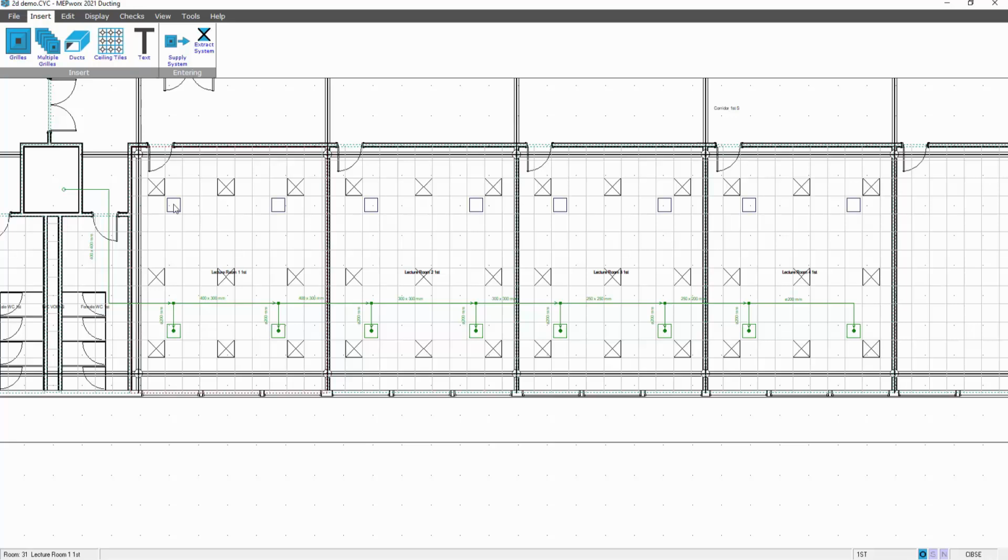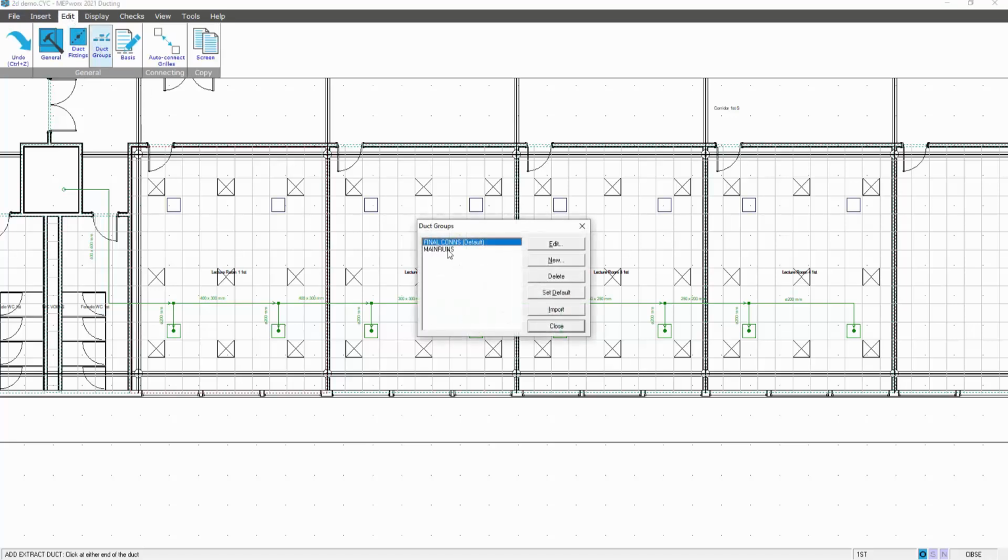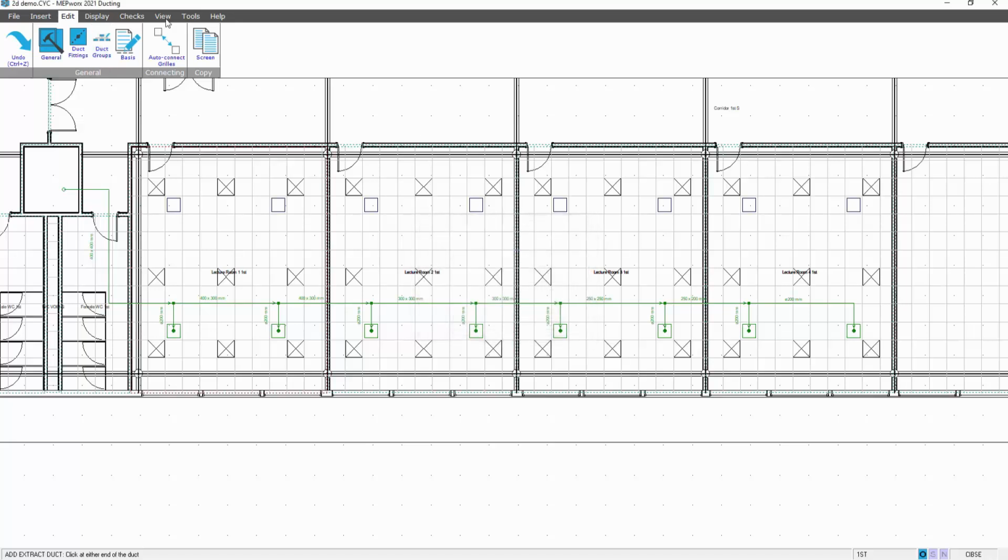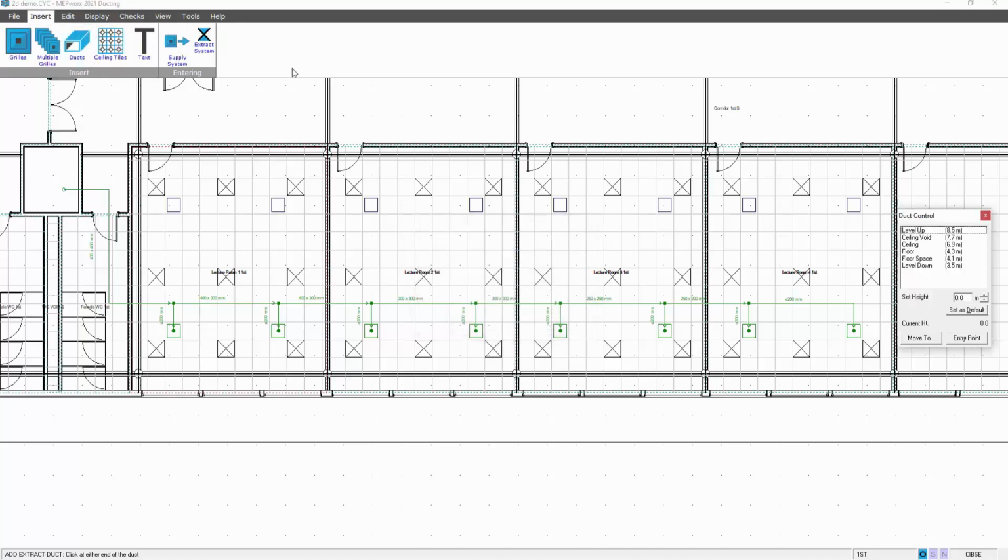We then insert our ducts. Insert ducts. What I'm going to do this time is change the duct group. So if I go to Edit Duct Groups again, make the main run the final or the default connection again, insert ducts,